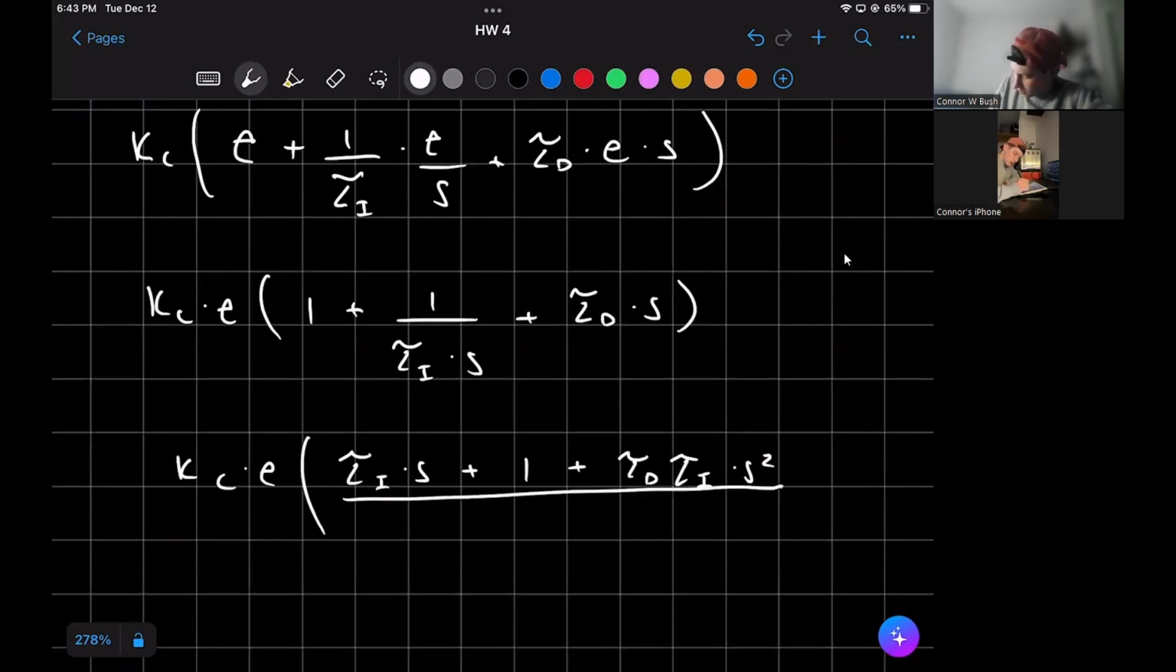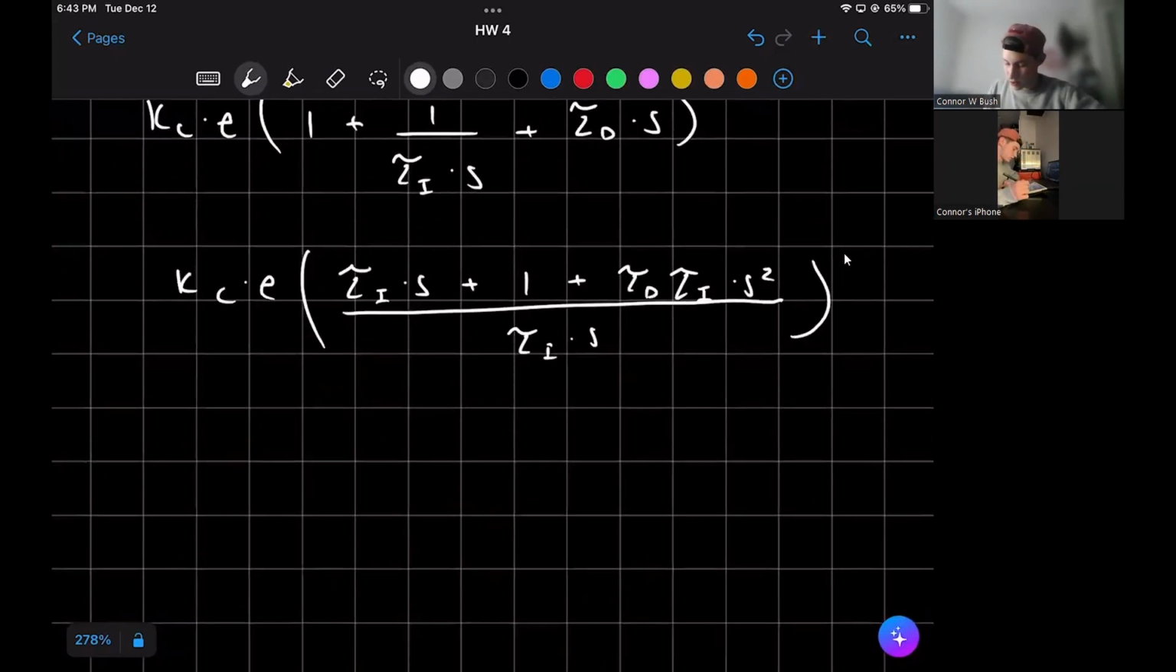All divided by tau I times S. So now we need to keep in mind that for the transfer function, we are looking at numerator and denominator, and that also it's in descending order. So let's rearrange this again so that we have